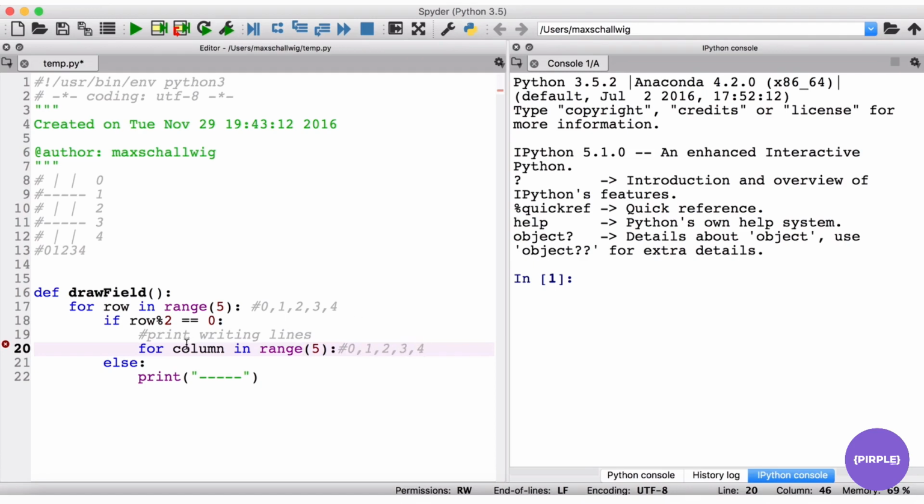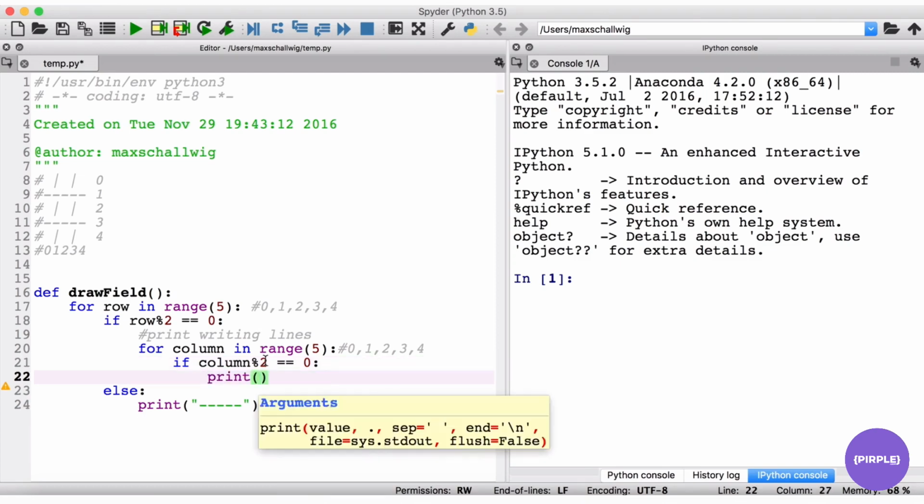And once again here we're going to check if our column is even. So if we divide column by 2 and the remainder is 0, so if column is even, so 0, 2, 4 gives us a remainder of 0 if we divide by 2, what we're going to do is